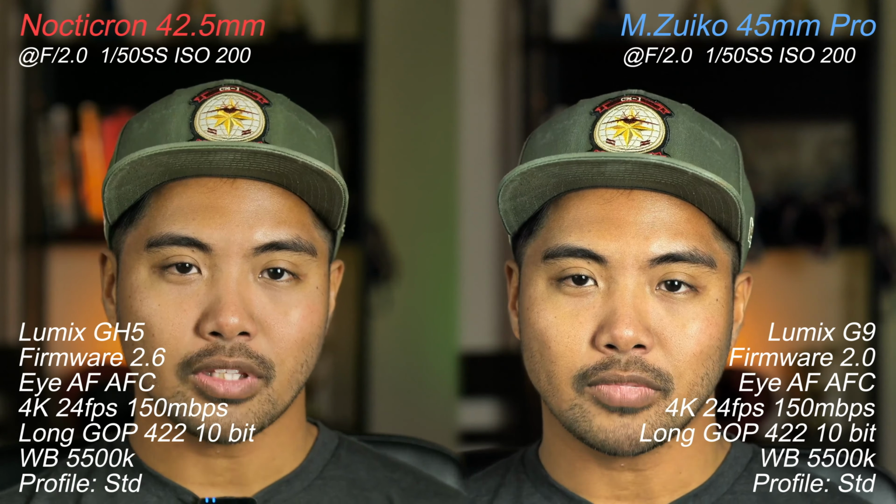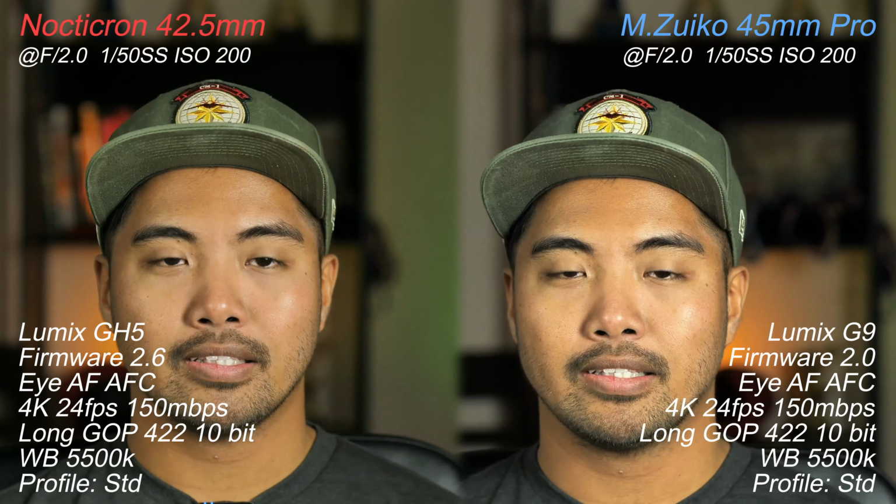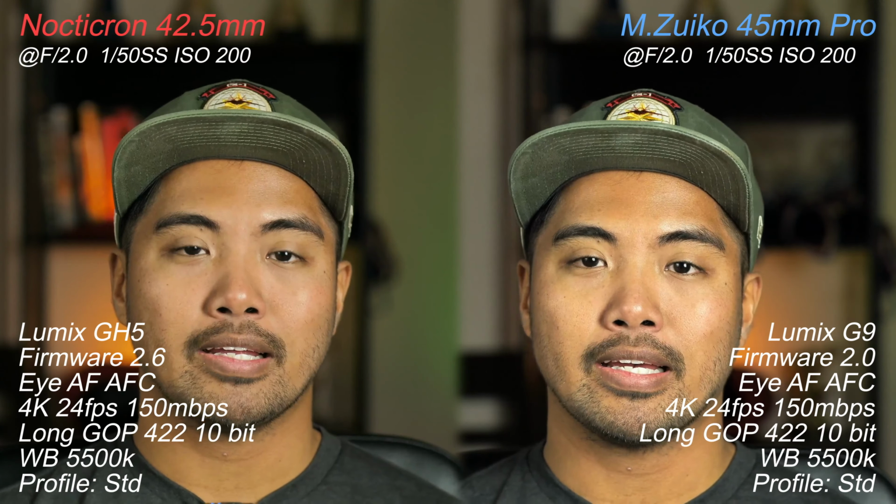When it comes to a setting like this, usually the best thing to do would be to keep it on manual, put yourself into focus and just stand still while you're talking. Otherwise, if you have more movement, like more head movement left and right, then I would prefer using autofocus flexible, which keeps the autofocus maintained in one specific spot, but can also change a tiny bit in order to keep the focus on your eyes. So we're going to see exactly how the autofocus system works on both of these lenses, and also test some other things like the autofocus breathing